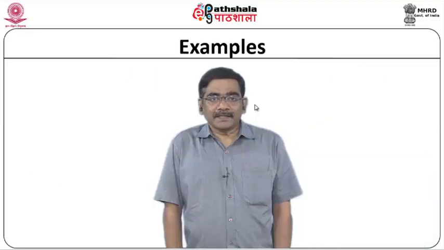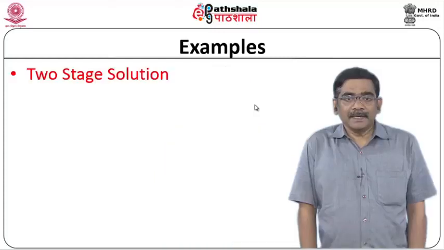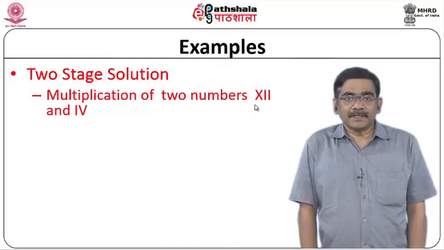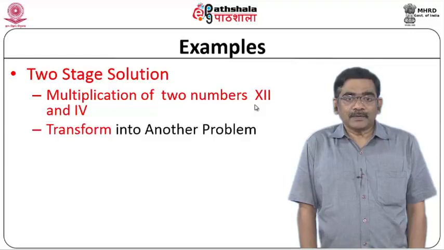So, we will take a small example. Let us assume that we are given two integers, given in Roman numbers. Suppose a problem like this is given, so we have to solve this, and we are not very comfortable with the Roman system. So, we can apply the transform and conquer strategy.